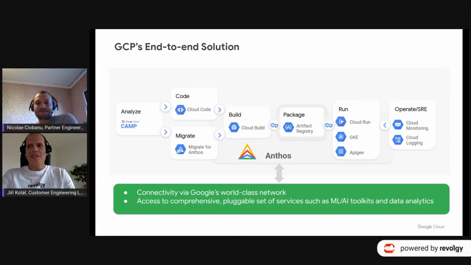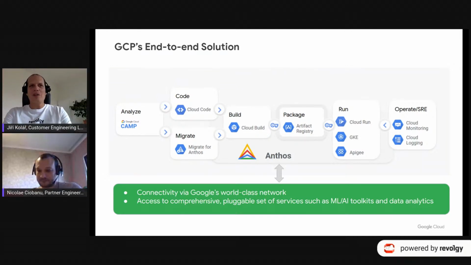Okay, thanks a lot, Niku. That was great. Thanks a lot for such an overview. The reason why I asked Niku to give this kind of overview and why we are not digging deep into the technical details is because, as he mentioned, we plan to organize some other webinars. So there will definitely be more from Revolgy, where we're going to focus on each of these products and dig into it deep, and also see a bit the architecture and the application. So this was very much just to give you an overview of what you can see in the Red Hat portfolio. I promise we're going to dig deeper into these later.